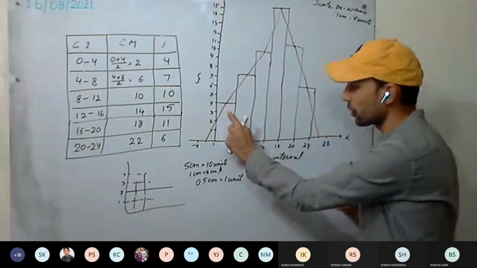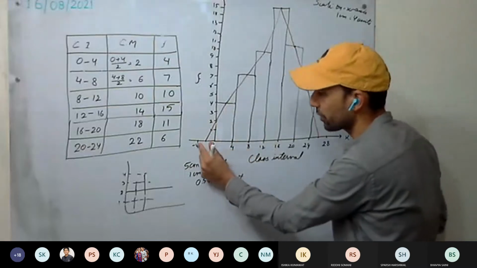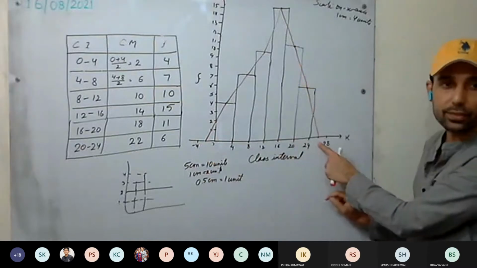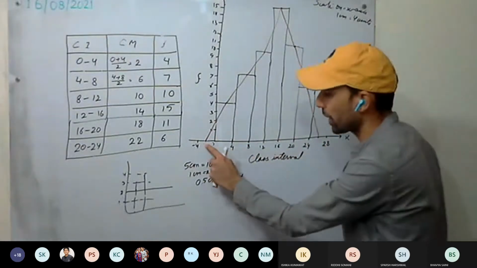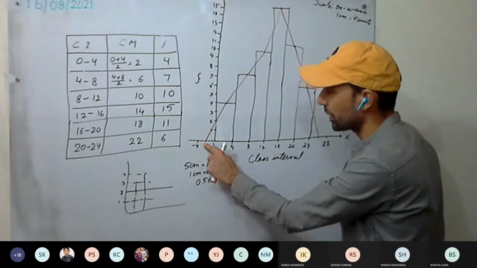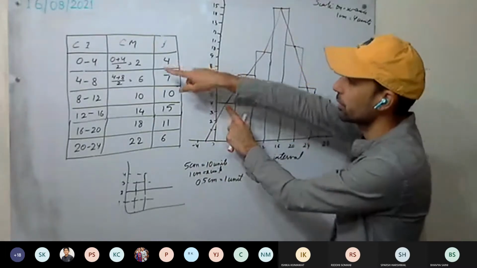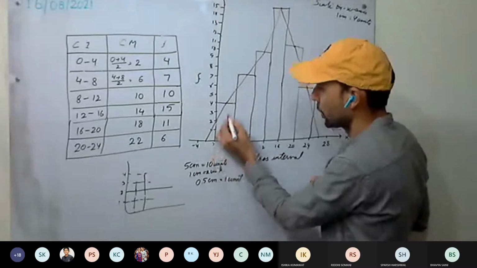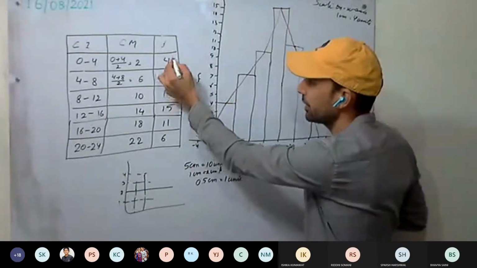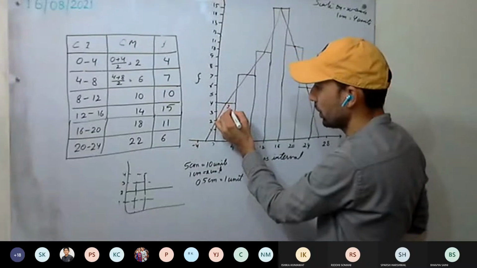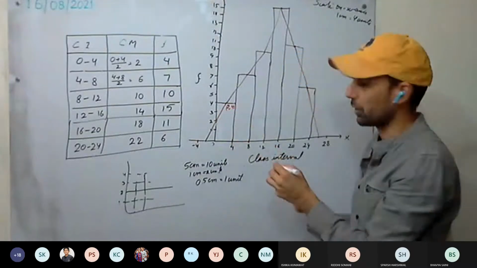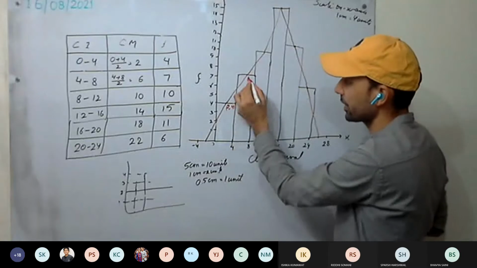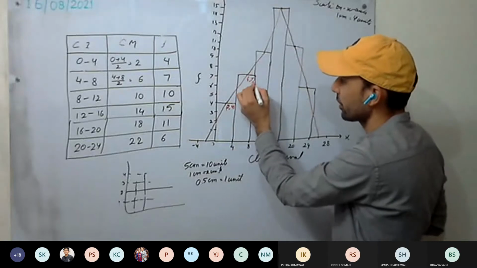Have you understood? So we have drawn the histogram first, and we will take one class just immediately before the first class, and one class just immediately after the last class, and we'll mark their class marks. Here the class mark is 2. So what are the coordinates of them? The class mark and the frequency: 2, 4. These are the coordinates, or not? 2, 4 here, then 6, on the x-axis and y-axis, 7.